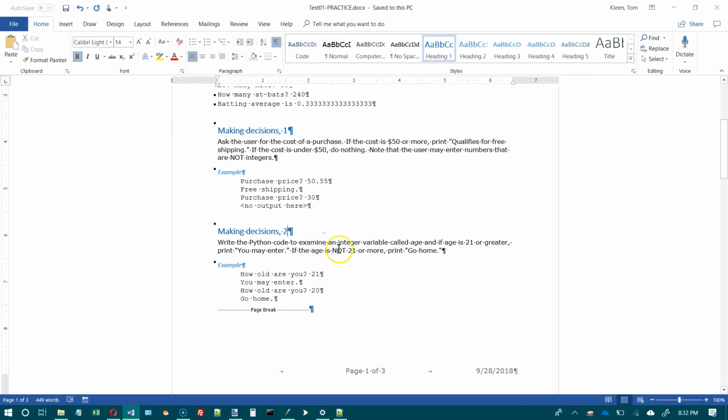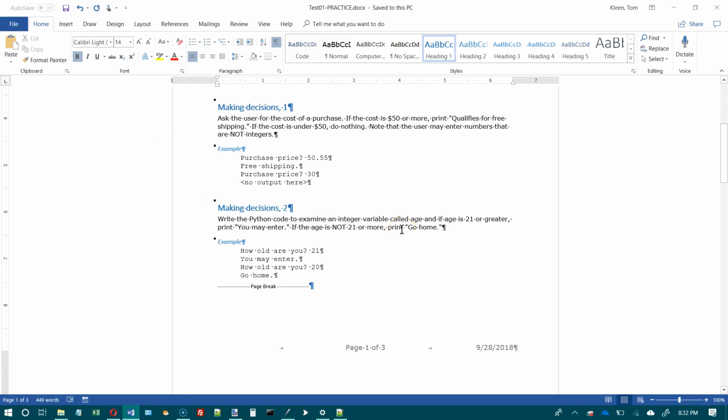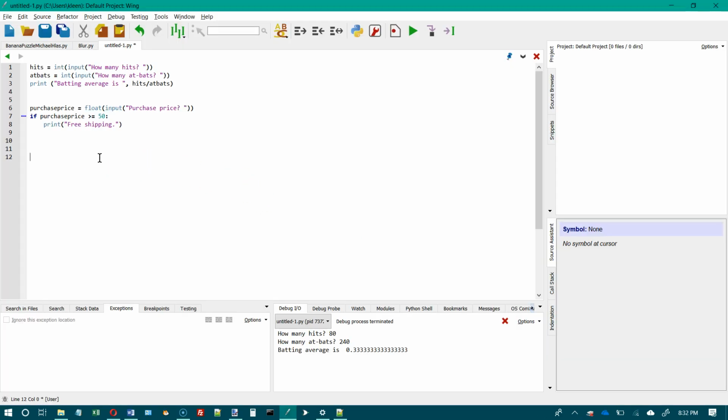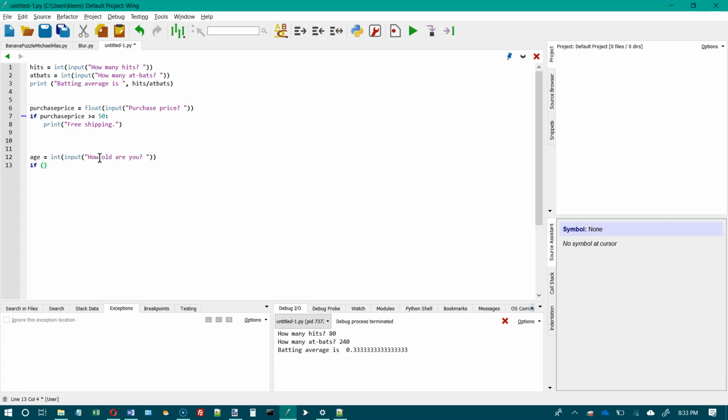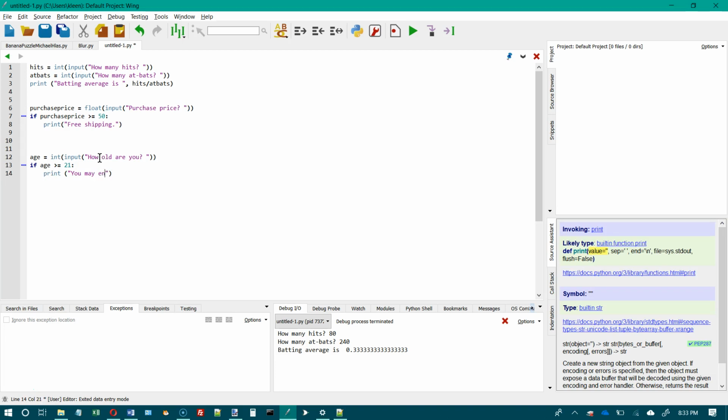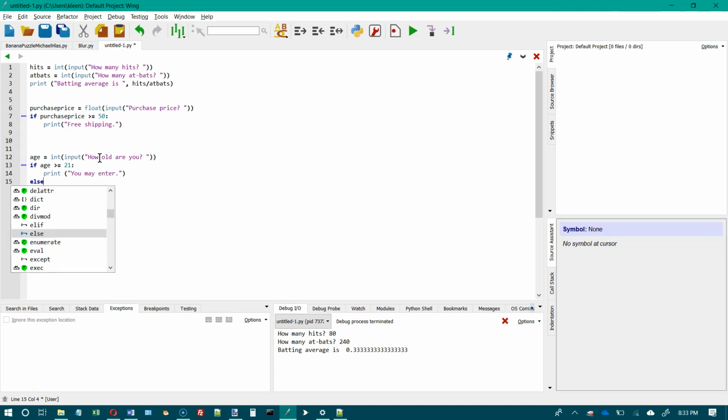And now let's go on. We've got another decision question here. Examine an integer variable called age, and if it's 21 or more, print you may enter. If the age is not 21 or more, print go home. So this is just going to be an if with an else. So we need to get somebody's age equal to, we have that being int. We don't need to give fractions for age. And then if age is greater or equal to 21, then we'll print, and I think it said you may enter. And otherwise, we're going to print